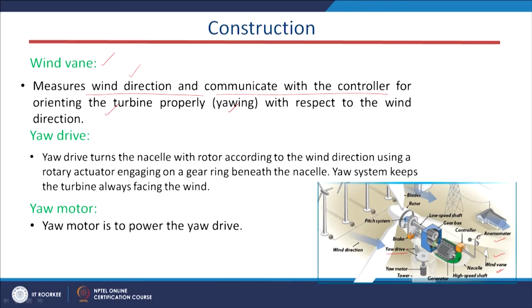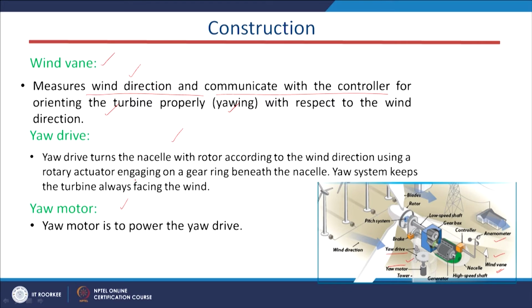If I know the wind direction properly, in what direction the wind is high, we can harness more kinetic energy. So to orient the turbine in a proper manner, this wind vane is essential. We also have the yaw motor and yaw drive. These are installed in the tower of the wind system, and when required, the wind turbine will be oriented towards the wind direction so that we can access more kinetic energy. This is how the yaw drive and yaw motor operate.